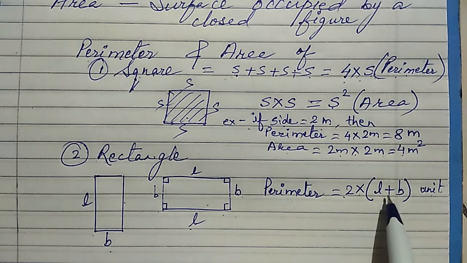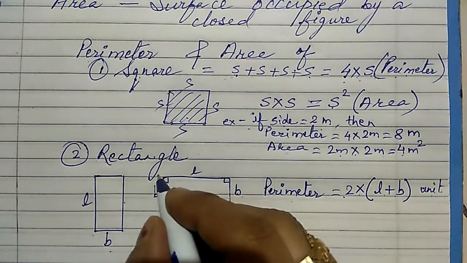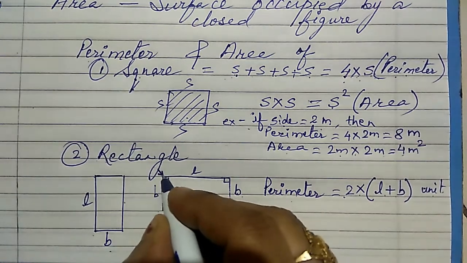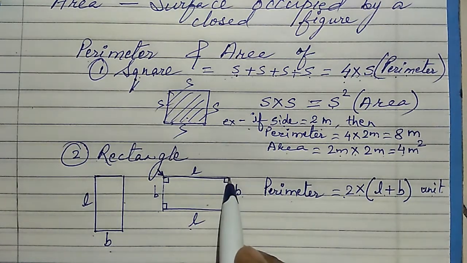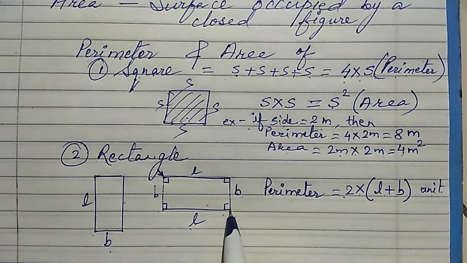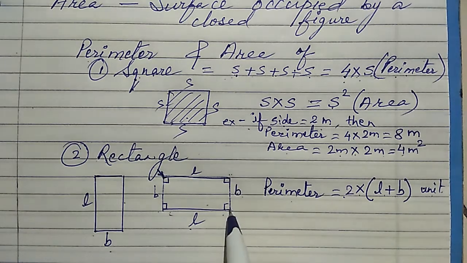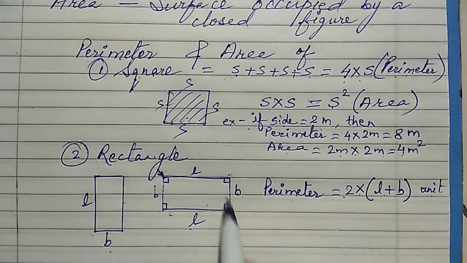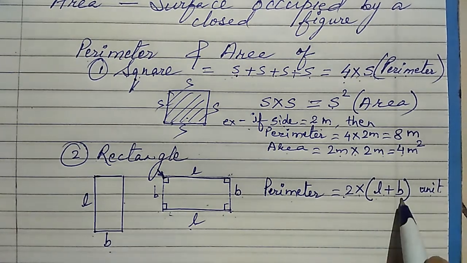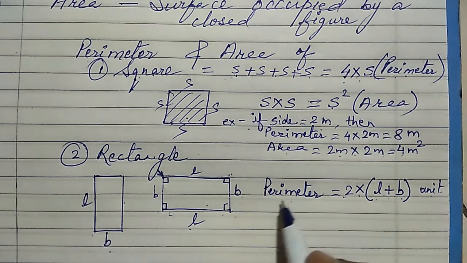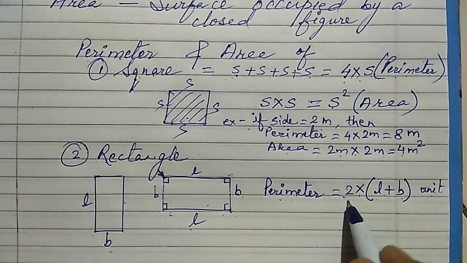अब ये 2 multiply L plus B कहाँ से आया? Suppose a person starts from this corner और यहाँ से उसने मेजर करना शुरू किया. So first he covers L, then he goes to B, तो हाफ पहुंचा तो उसका हो गया L plus B. And he observed that the other two sides are also just double of the measure he has taken. तो L plus B और उसी का डबल है इसीलिए 2 times L plus B. So this is the way how to find the perimeter of a rectangle. This is thus the direct formula.